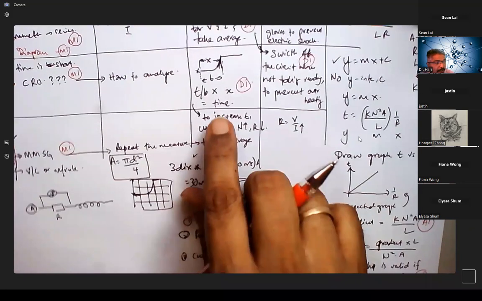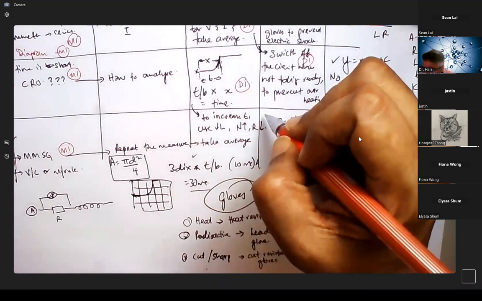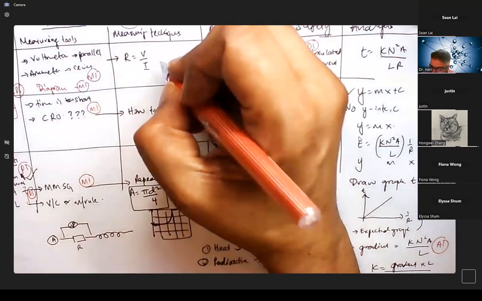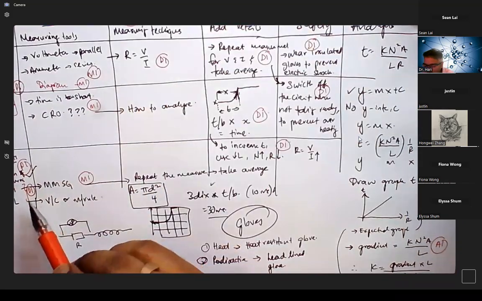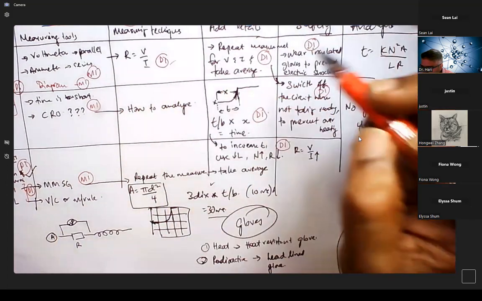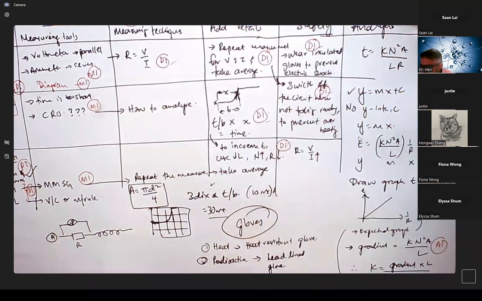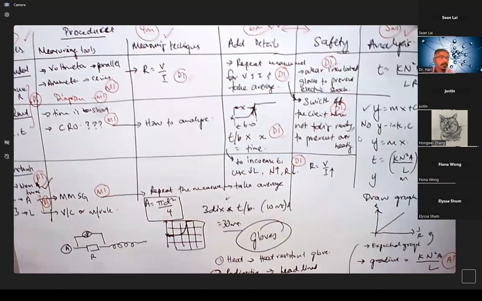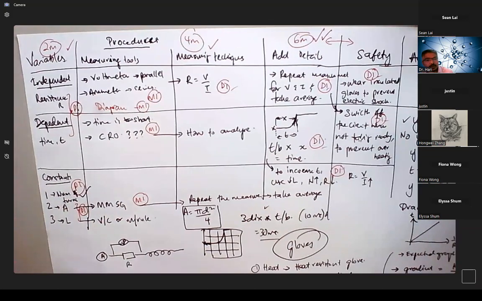Then how you increase the time, you score another 1 mark. And the formula to find resistance, you score 1 mark. How many marks? 1, 2, 3, 4, 5, 6, 7. More than enough. So you have a checklist if you use this particular method. Okay, now I will